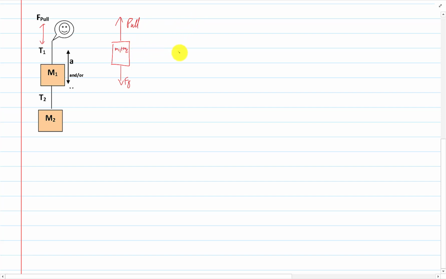Or we can look at it as M1 with a pull force up and a tension force down, that's T2, and a force of gravity pulling down on M1. And then we also have to look at M2,